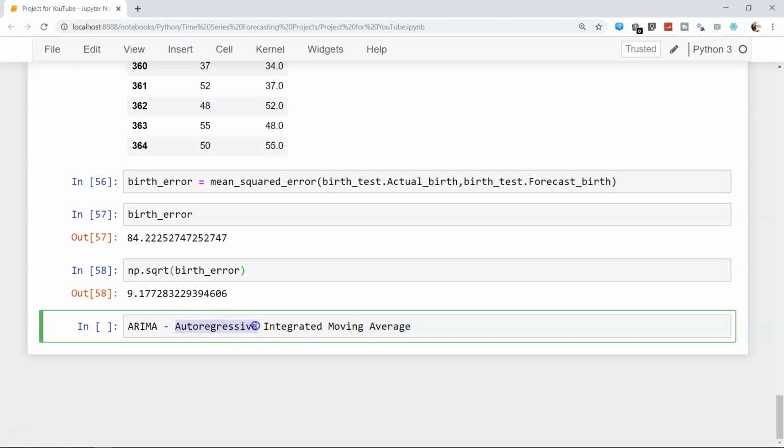Autoregressive is nothing but what it assumes: the current value is correlated with the previous value, and the previous value is the best reflection of the current value. So we see how well the values are related to each other. And integrated is nothing but the order of difference. So for example, like I said initially, your time series should be stationary, and to have a stationary time series,